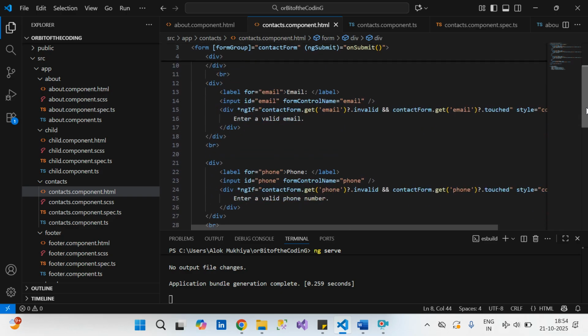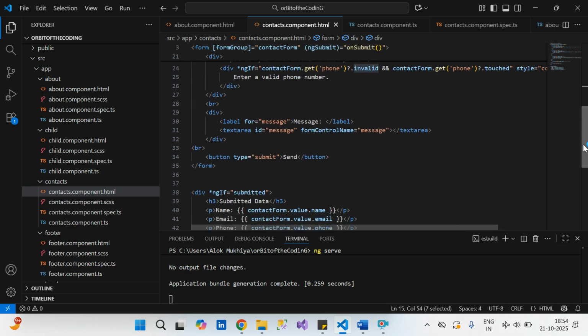And similarly we have email, and if you need to get the value from the input, then simply you can use form group name dot get, and we need to pass the form control name, that is email, and we can get all the properties of this input. And after that we can use invalid, touched, or dirty, the properties of validations,